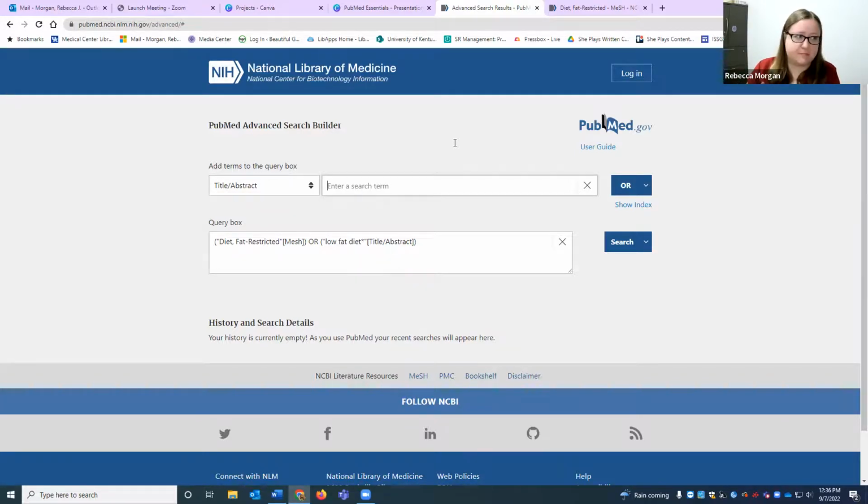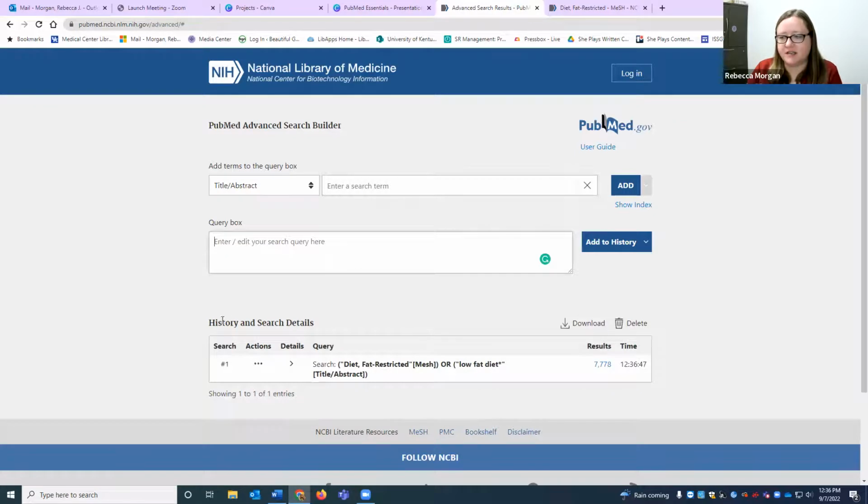As a professional librarian, oftentimes in a really systematic review search, we will have massive strings of like 30 terms. So they can get really long. But for the purposes of this demonstration, let's just use these two, your MeSH term and then a natural language term. I can go right to search and it'll take me to the results just of this, but there's this little caret here. I'm going to have that drop down and select add to history. So down here in the history and search details, the search that I just put together appears and you can see that there are